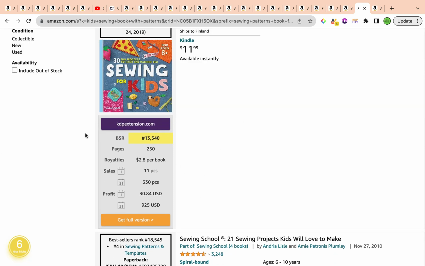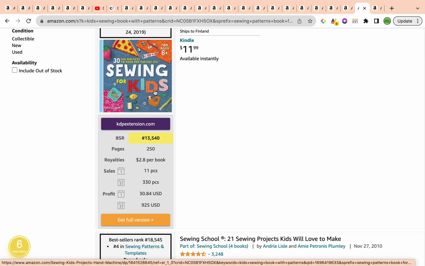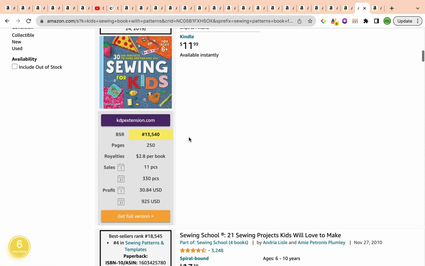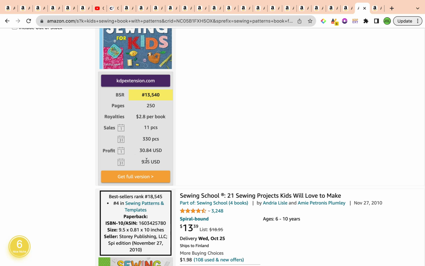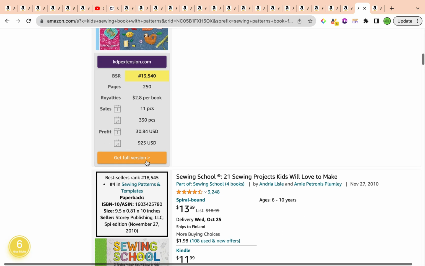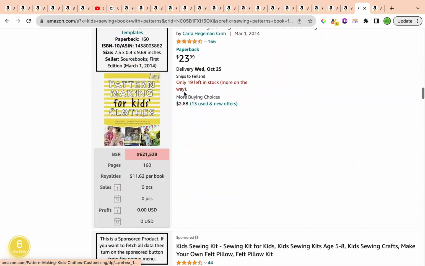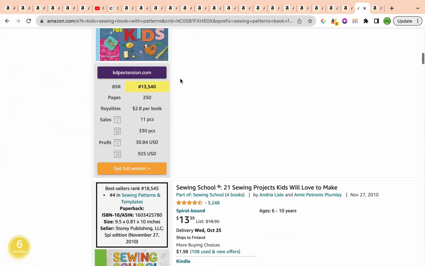Alternatively, as an addition for the Chrome extensions that we're using, 4, but this is the 5th one that I have recently installed, and it's called kdpextension.com. It gives you an overview for each of the books. Now, this is specifically for those who want to know an accurate approximate of how many pieces are selling for each of the books, how many pieces daily, how many pieces monthly, as well as the monthly profit, the revenue or the royalties for each of the sales made, as well as the bestseller rank. So if you'd like to dive in, just access that free Chrome extension at